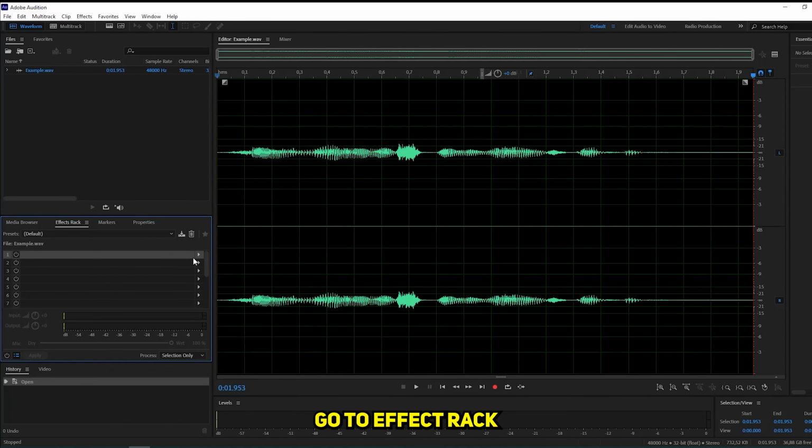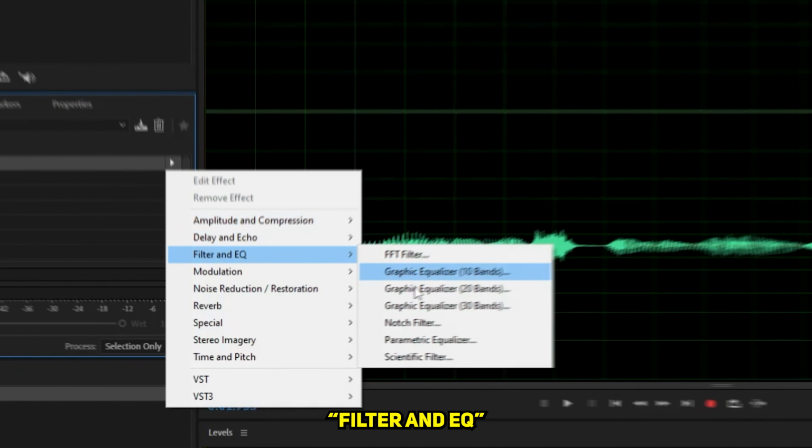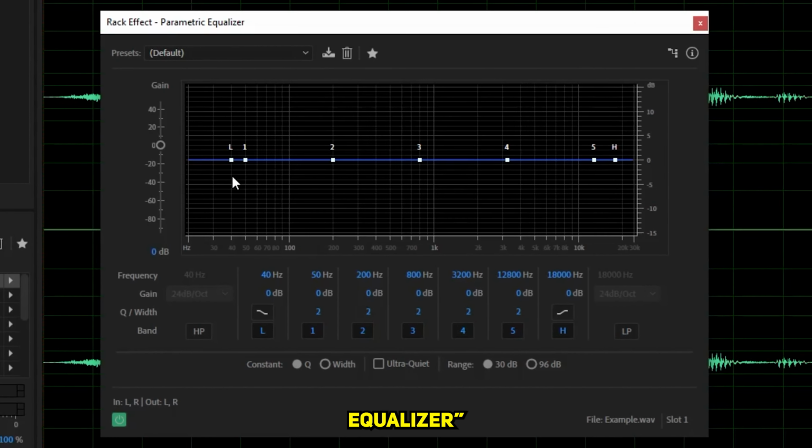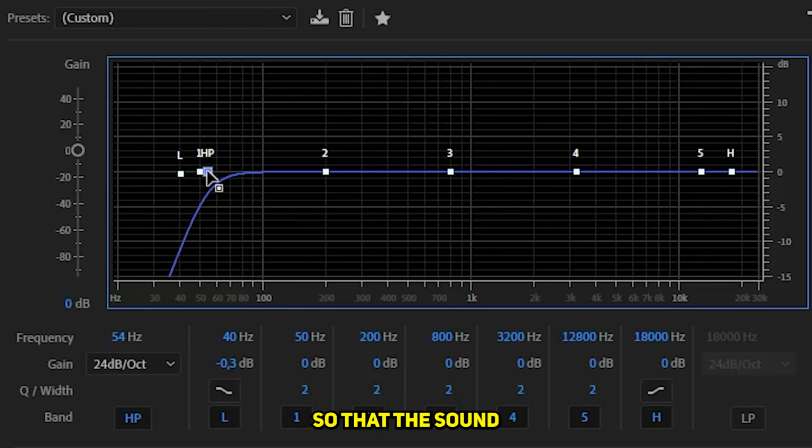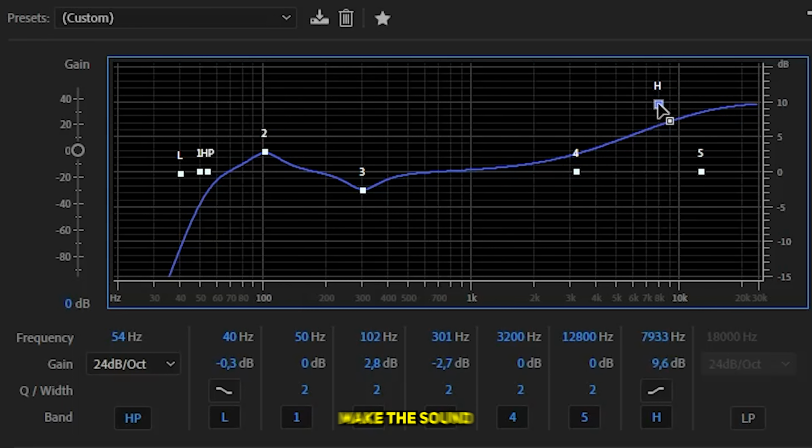Go to Effect Rack and under Filter and EQ, select Parametric Equalizer. Click on High Pass Filter and cut it down to 50 Hz, so that the sound is not muddy. Raise the frequency around 100 Hz by 3 dB to make the sound more bassy and fat. Slightly lower it around 300 Hz to make the sound less boxy, and raise the treble to make the sound